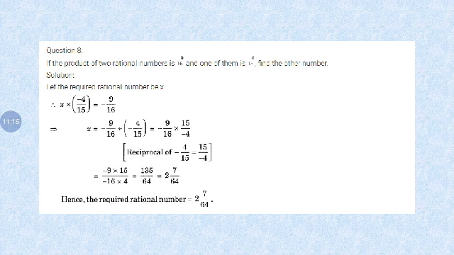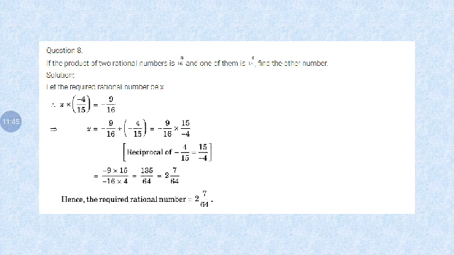So next one, minus 4 by 15, left hand side goes to right hand side. Minus 4 by 15 goes to right hand side. So form a reciprocal of 4 by 15. The reciprocal of 4 by 15 is 15 by minus 4. So change the division. Minus 9 by 16 divided by 15 by minus 4.